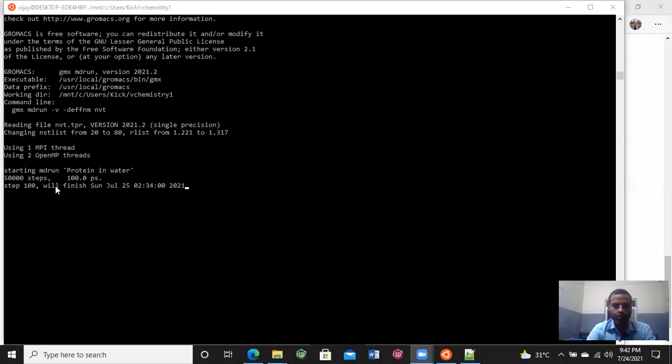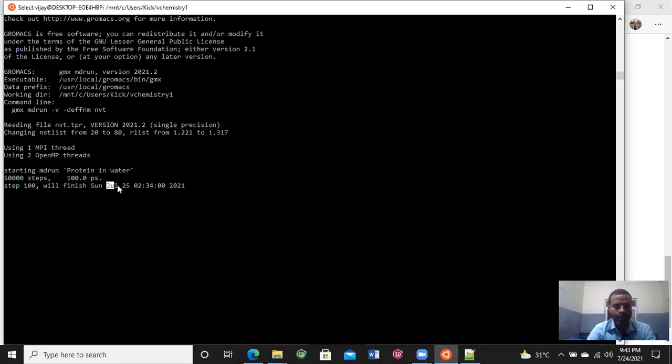So just see here, it is showing that this process will complete on July 25, and the time will be 2:34 a.m. 2021. If we do not add the dash v option, then it does not show the time. It performs the operation but does not show the approximate time. So we need to add this additional dash v option.